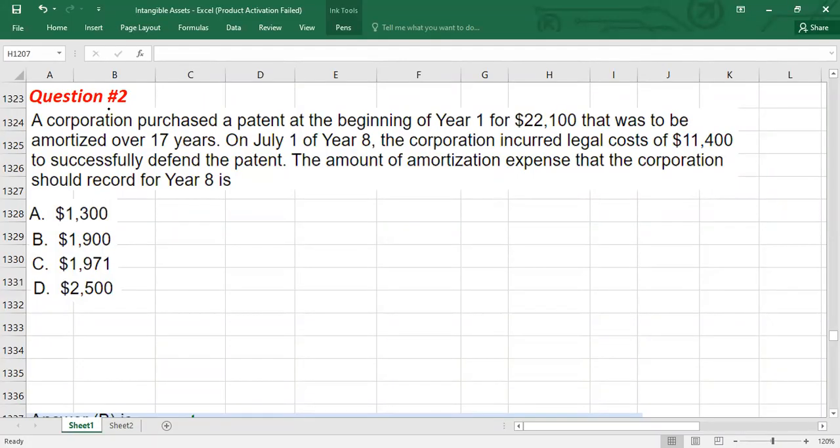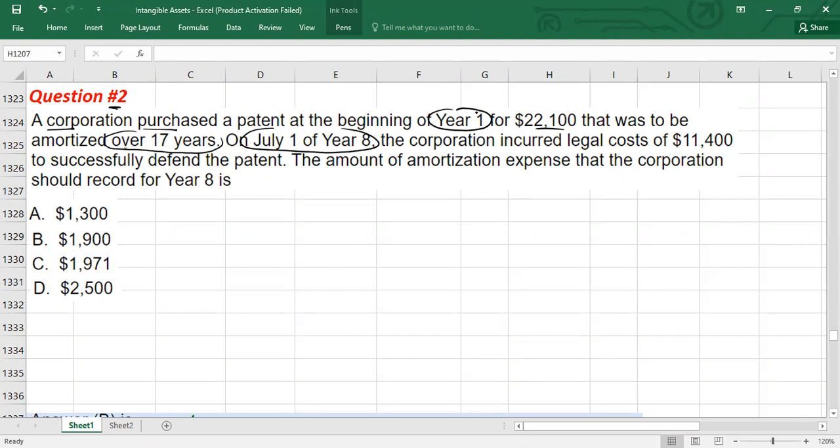Now we have another question. Question number 2. They're telling you a corporation purchased a patent at the beginning of year 1 for $22,100. That was to be amortized over 17 years. You have to amortize over 17 years. On July 1, year 8,